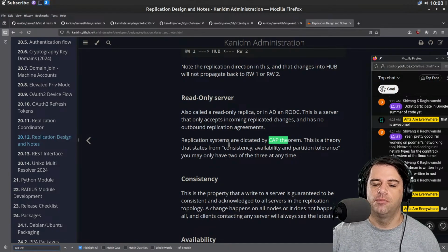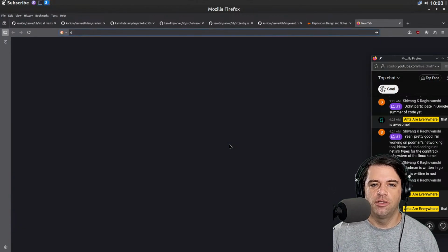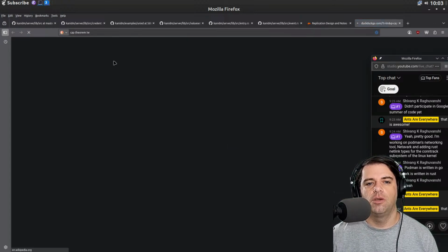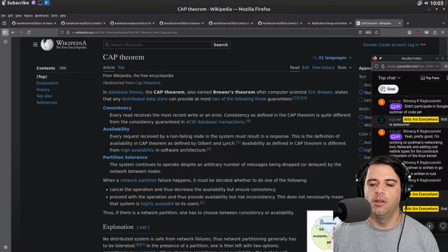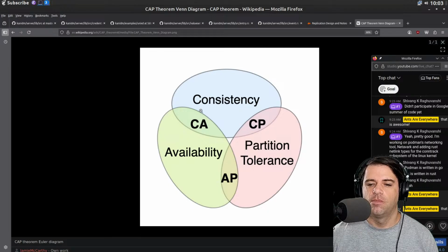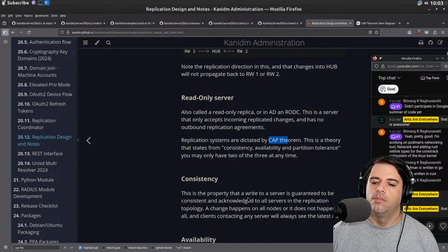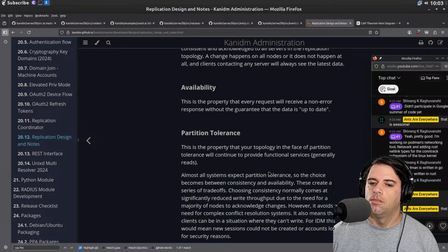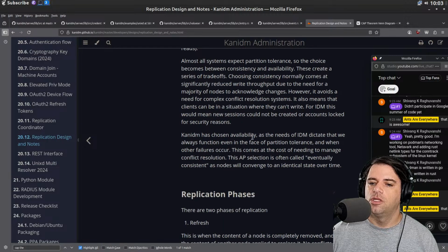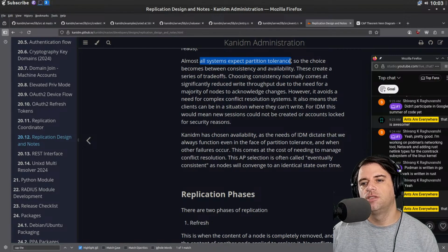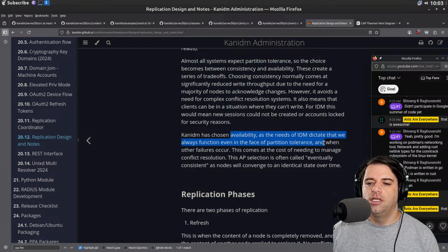This is a theorem that states consistency, availability, and partition tolerance. I meant to search for an image, but here we go. So you can't have all three things at once. Somewhere they say Kanidm has chosen availability. Everything expects partition tolerance. So they've chosen availability as the needs of IDM dictate that we always function, even in the face of partition tolerance and when other failures occur.